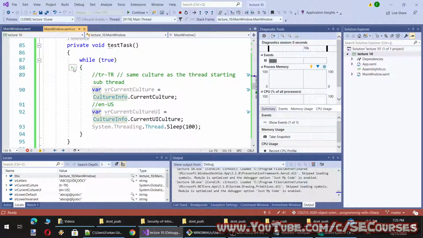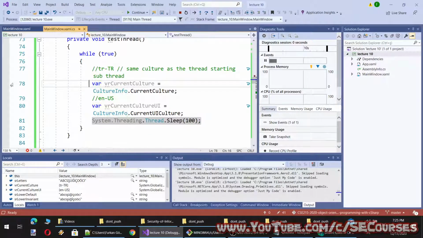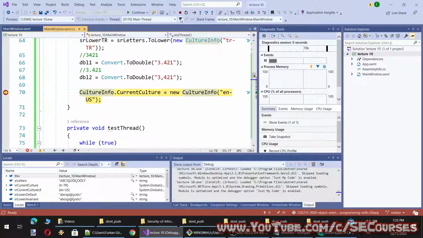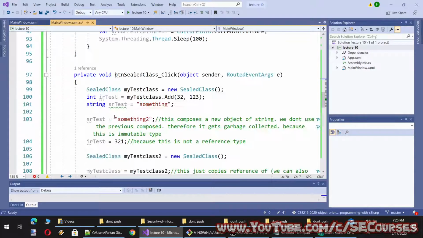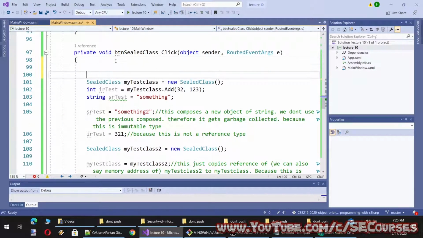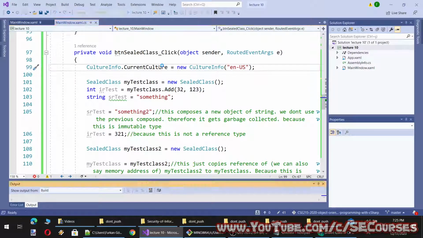Okay, so currently these whiles are running. If I put a breakpoint here, oh, the application has entirely stopped. So my best option would be using a button to change it. Okay, I will do that. Let's run the application.